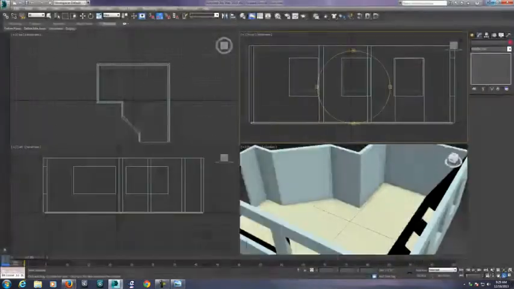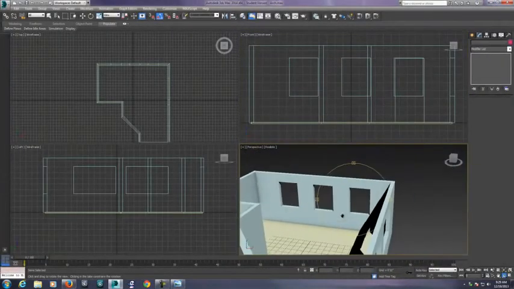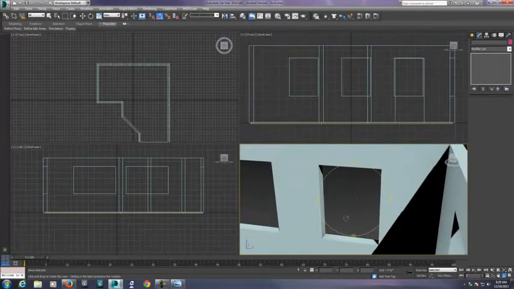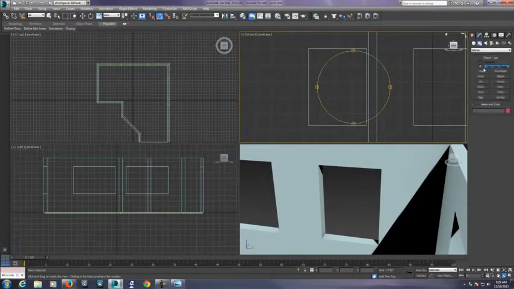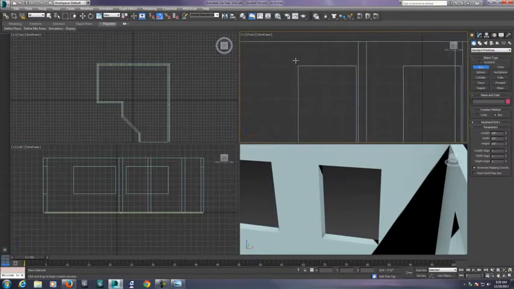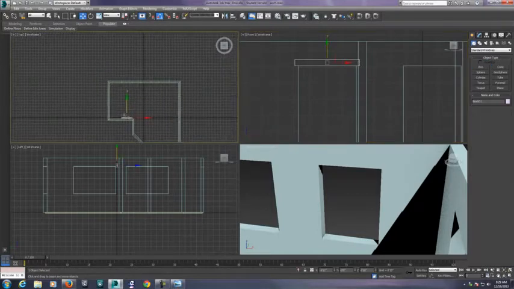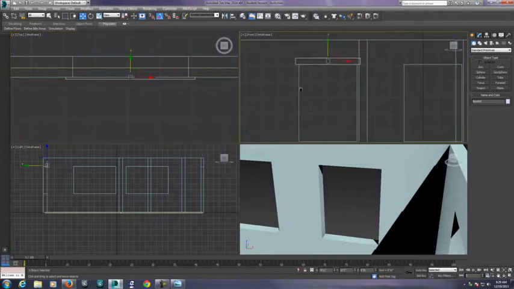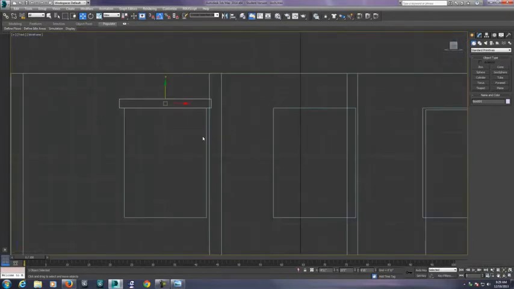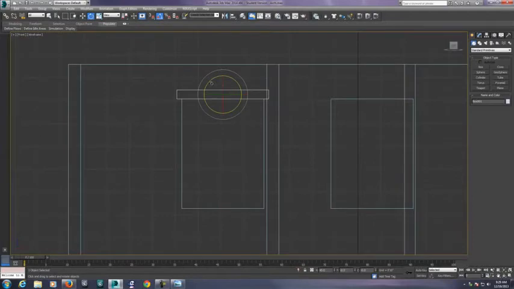So let's go ahead back out, and we're going to pick one specific window to start off with. Because we cloned our windows, we can go ahead and just build one window frame here. I can do that by going out and maybe just starting with a box. I'll go ahead and make a box here that's going to represent that frame. In my top view, I'm going to move that box over to the actual window. I'm probably going to have to widen it a little bit, because when I scale and rotate this next piece down